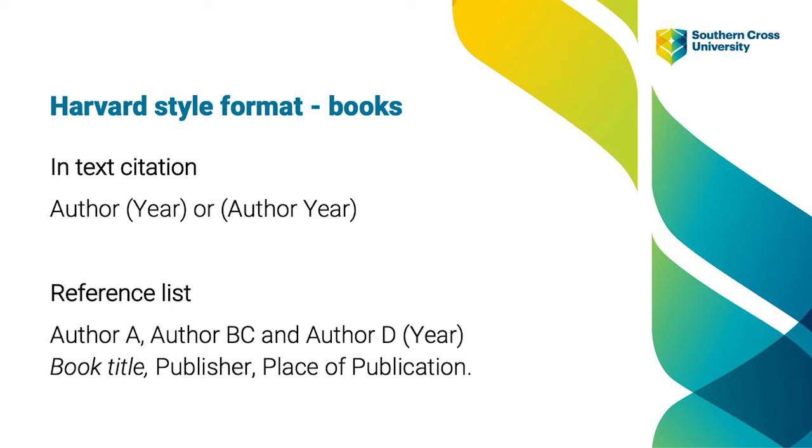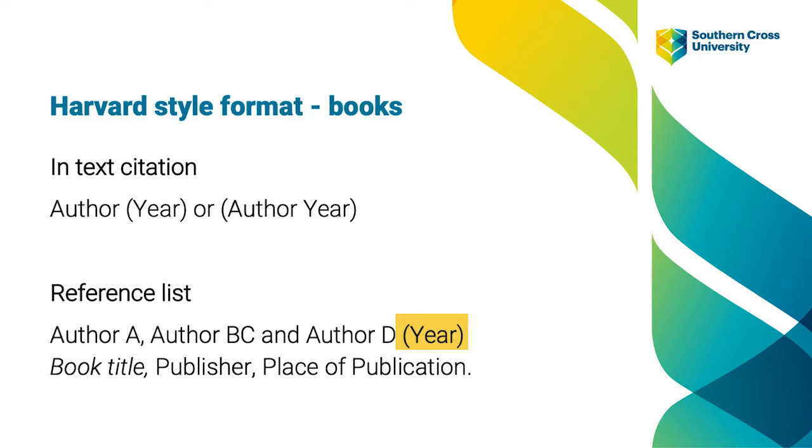So here is the basic format for referencing a book in Harvard style. This is how to arrange the referencing information that is drawn from our catalogue. First, there are the authors, keeping the authors' names in the same order as they appear in the book. Start with the author's last name, followed by their initial. There is a comma to separate the first two authors, but we place an "and" before the last author's name, not an ampersand. Notice that in Harvard style, we do not use full stops to punctuate the author's initials.